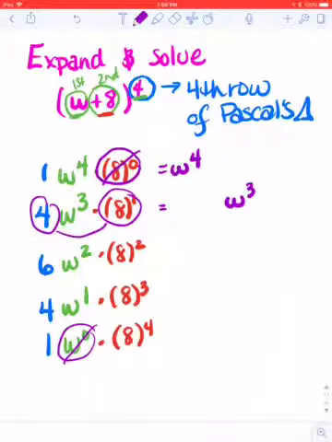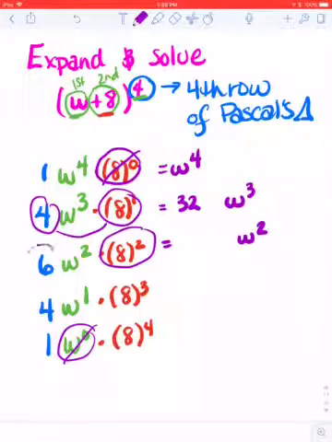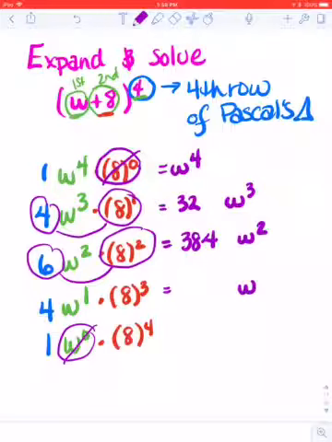So 4 times 8 to the first is going to be 32. The next one down is going to have the variable of w squared. And I'm going to have to multiply these two pieces together. So 6 times 8 squared is going to be 384. Next one down, the only variable is w. So this w to the first, remember, you can drop that because we assume that one is there, whether you write it or not. But now I need to multiply 4 times 8 to the third,